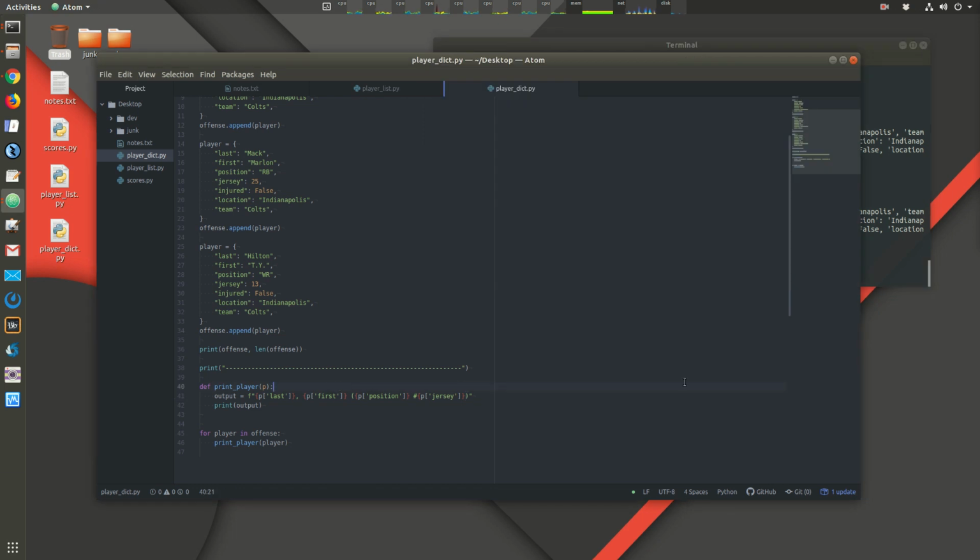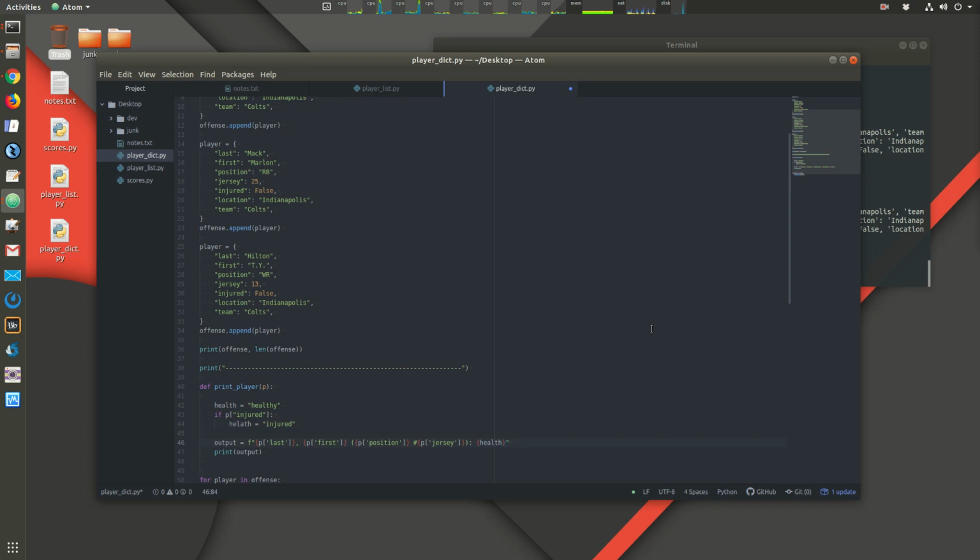So we might need to add something like we did last time, where we say health equals healthy, and then if the item at injured is true, then that means his health is injured. Okay, so now we have this health variable, and we'll put that in there. So colon, health,